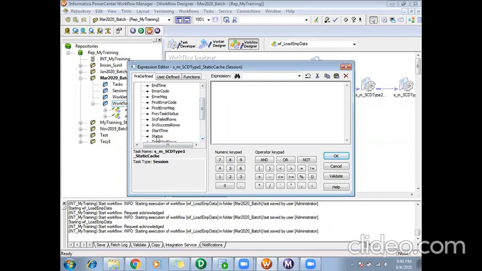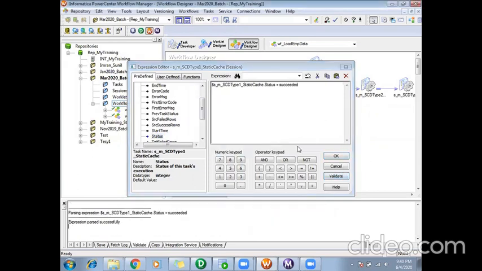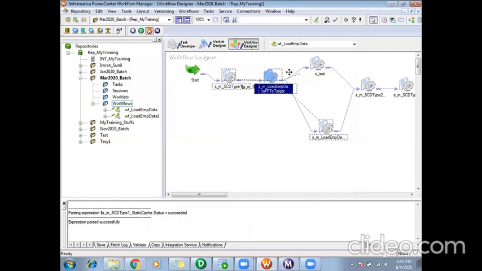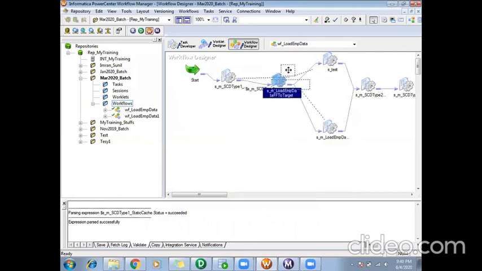I will take the inbuilt variable status, that is the session's status, and I will say equals to succeeded. So if I set this dependency, then this second session will start only when your first session has succeeded.